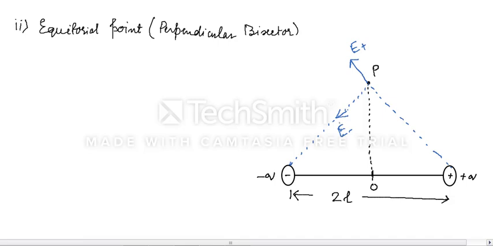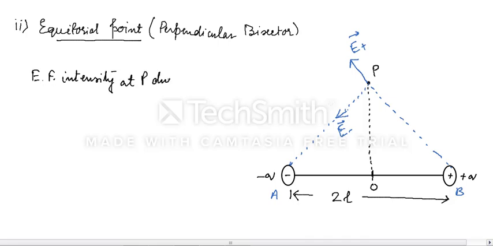So now what we have to do is find the electric field. Let us say this point is A and this point is B. So we have to find the electric field at point P individually for plus q and minus q charges. So we will write it like this: electric field intensity at P due to minus q charge, E minus